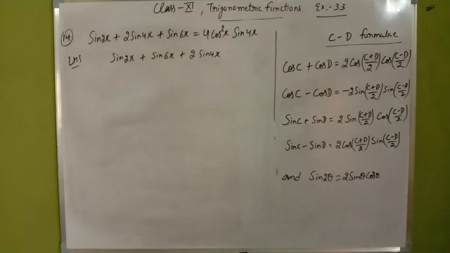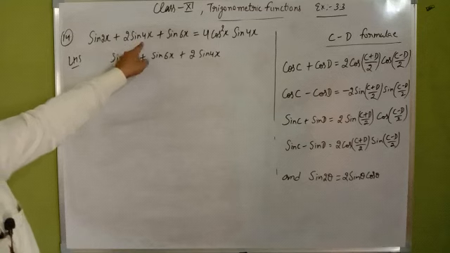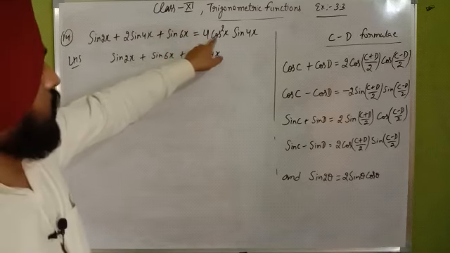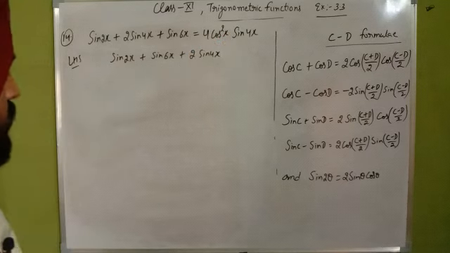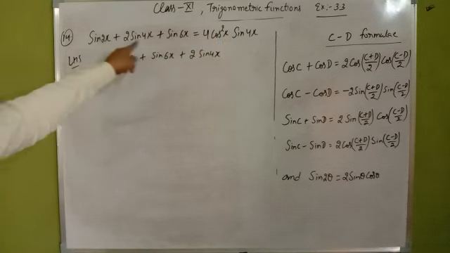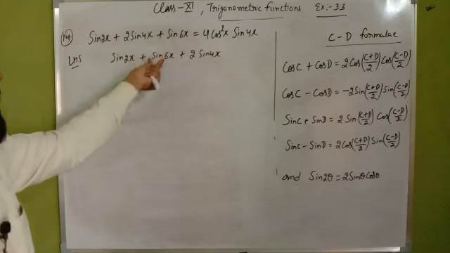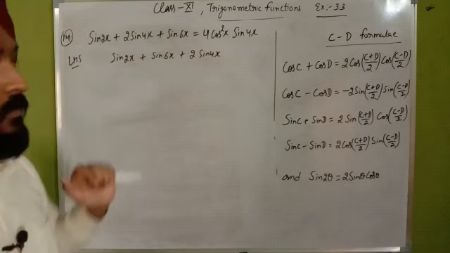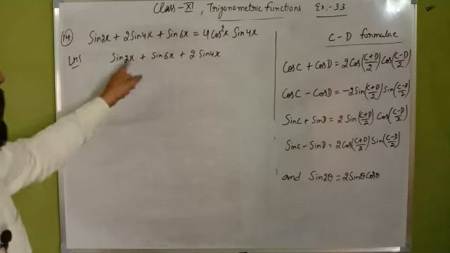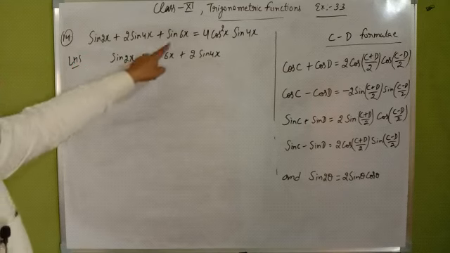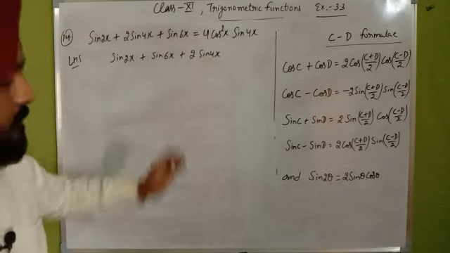Now for question number 14, you are given that sine 2x plus 2 sine 4x plus sine 6x, you have to show that it equals 4 cos square x sine 4x. I have written the left hand side as sine 2x first, then sine 6x, after that 2 sine 4x. Can we write like this? Yes, a plus b plus c like there. Sine 2x first, then sine 6x, then 2 sine 4x.